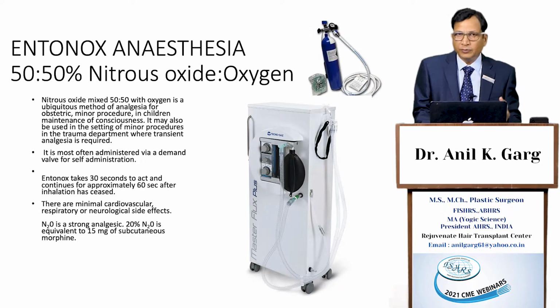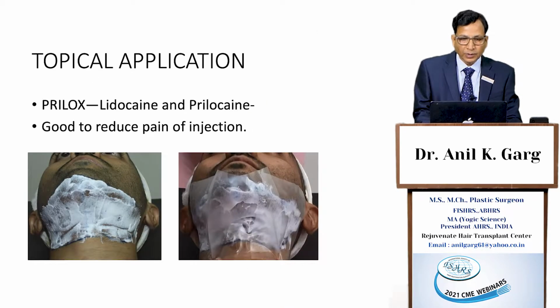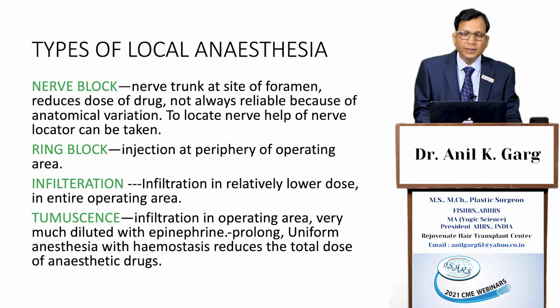So for the infiltration and for the nerve block, to reduce the pain or to create analgesia, nitrous oxide or Entonox anesthesia is good and safe, and one can practice this. The topical application I use in all my beard and chest cases, I keep it for 1 hour and 15 minutes. Then the types of local anesthesia: the nerve block, where the nerve trunk at the site of the foramen